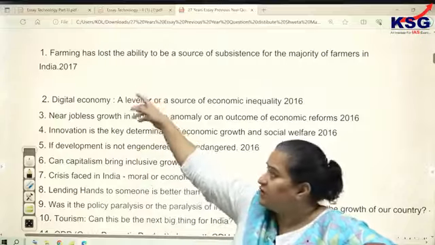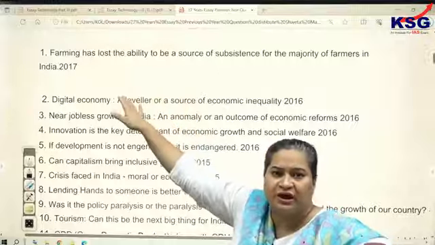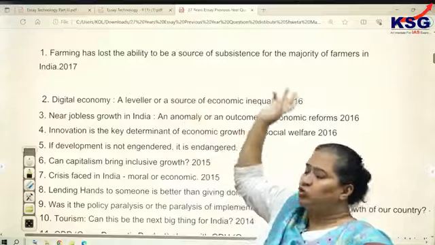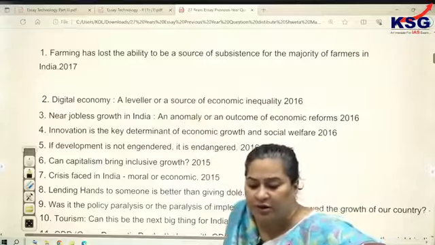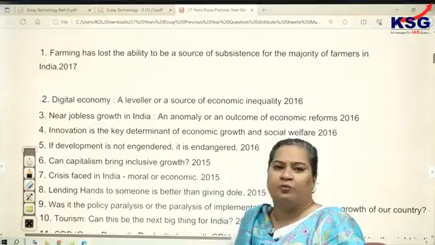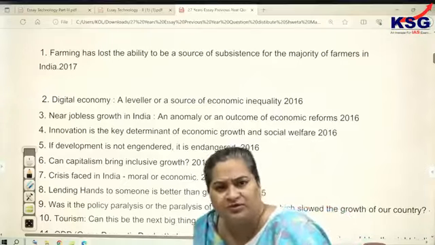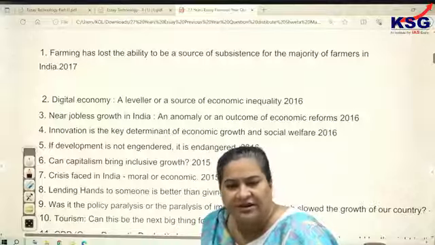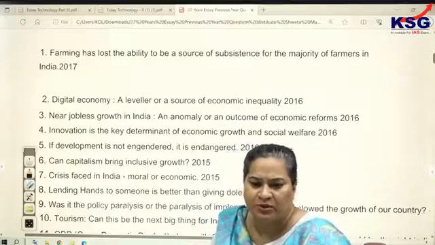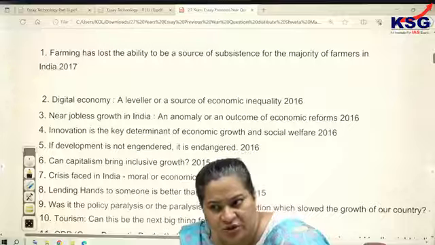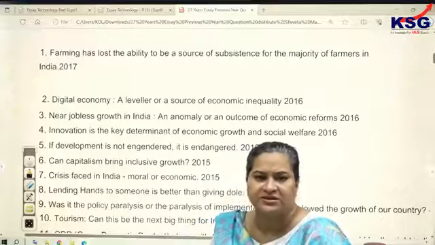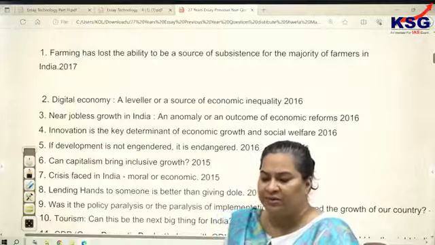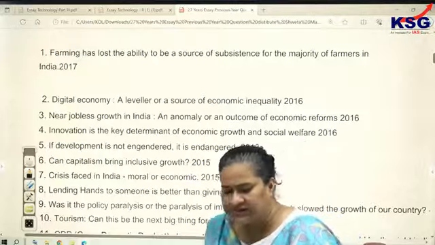Okay, before that, I had shown you this because suppose you have the component that farming has lost its ability to be the source of subsistence for the majority of farmers in India. If you see this topic and I ask you what are the problems or what are the challenges associated with this given subsegment, the moment I ask this from all of you,